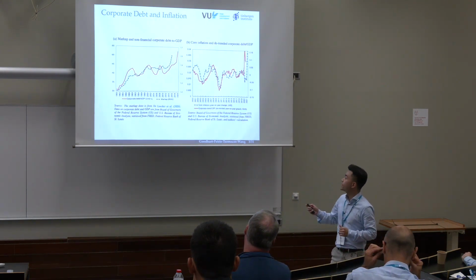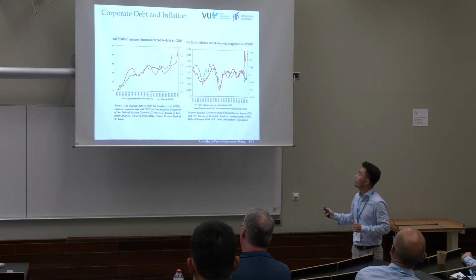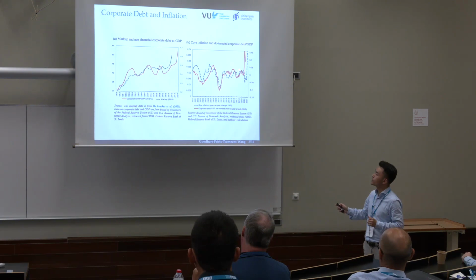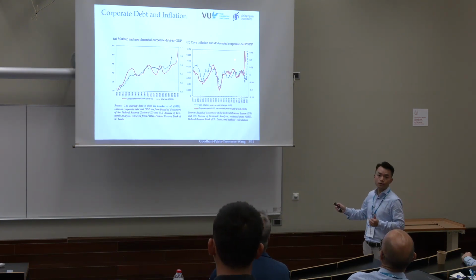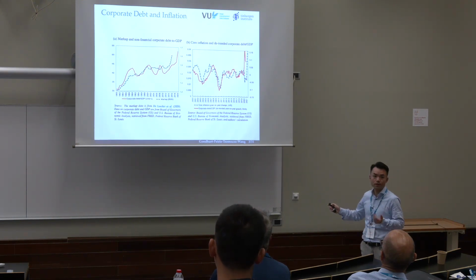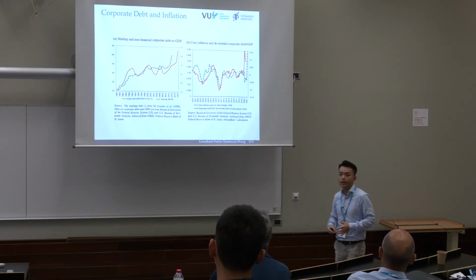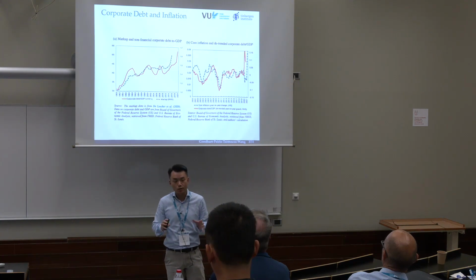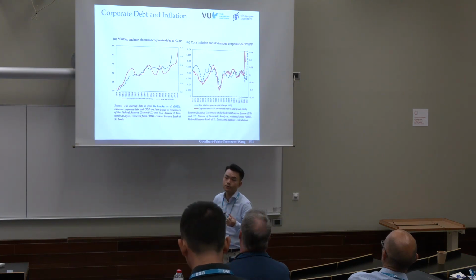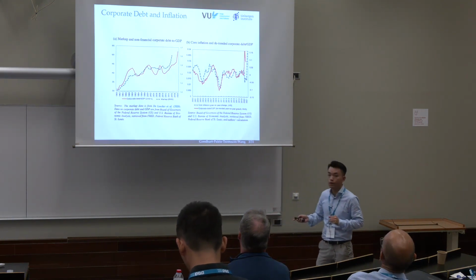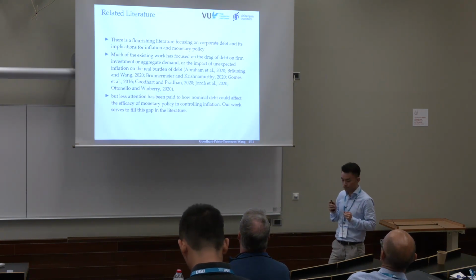And if I can draw your attention to the graph on the right-hand side here, we can see that more recently there is a dramatic surge in corporate indebtedness, illustrated by the red solid line here, and also the surge in inflation, core inflation, illustrated by the blue dashed line. So it is interesting and relevant to ask, given the high levels of corporate debt in the economy, to what extent is raising the short-term interest rate effective in controlling inflation? And that is the key question for our exercise.